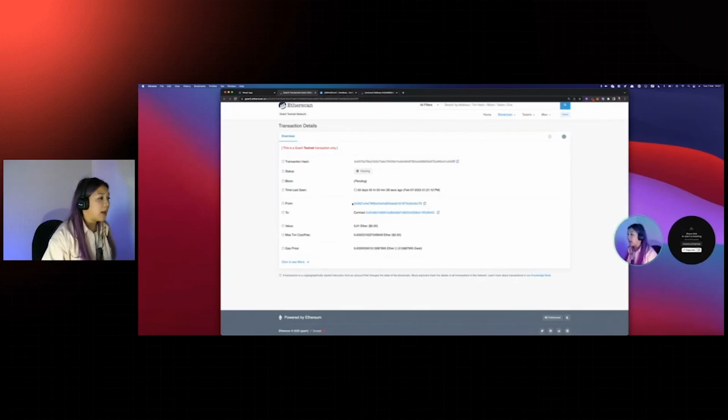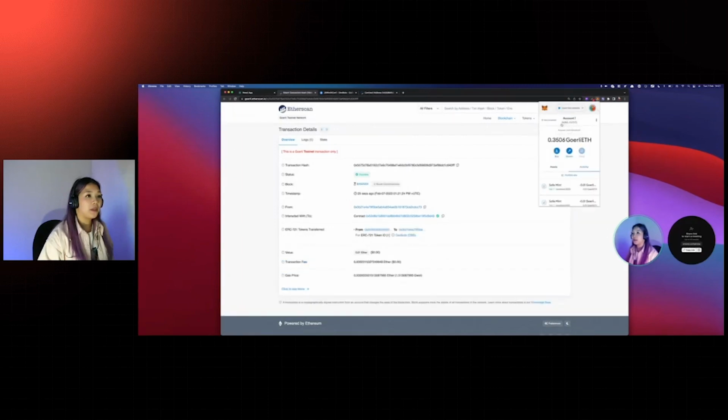It is happening from this address, which, if you saw that already, 0x3b, if we look at my MetaMask here at the top, 0x3b is very small, but this is my account. And oh,